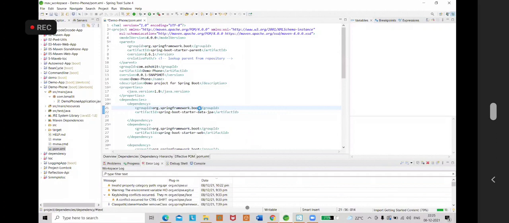Whenever you are working on multiple projects in the IDE, you need to open only the project you need and close the remaining projects. That is what I told you. Right click on the project, close unrelated projects. Only this demo project should be open. All the remaining projects should be closed.